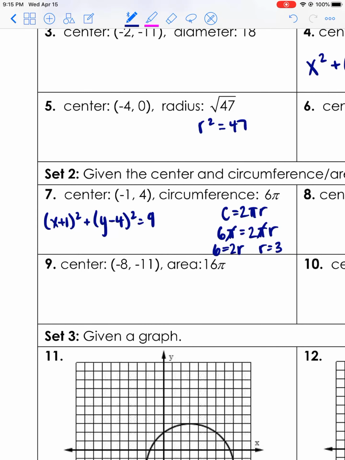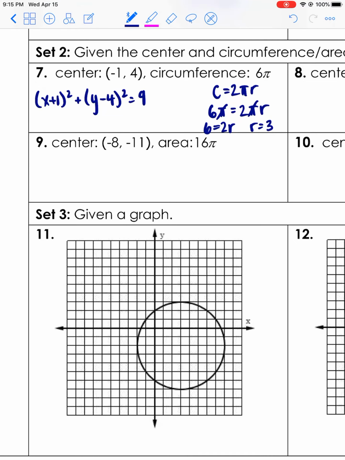All right, let's try number 9. We're given the area, 16 pi. Remember, the area of a circle is pi r squared. So we have 16 pi equals pi r squared. So the pi's cancel. So 16 equals r squared,